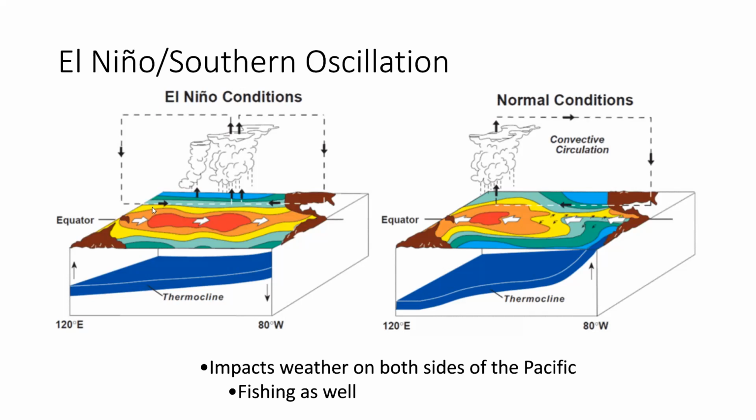But occasionally what happens, and it occurs every about 3 to 5 years, and they're not totally sure why, is the wind pattern is disrupted a little. It's not as strong going east to west. So you actually see almost a reverse. The water starts moving closer to the Americas. And what we see in that case is typically quite a bit of storms